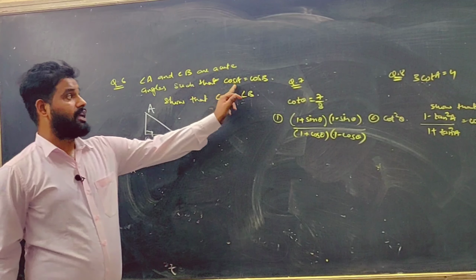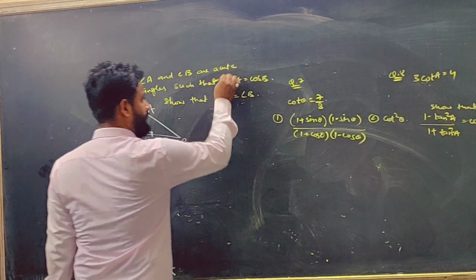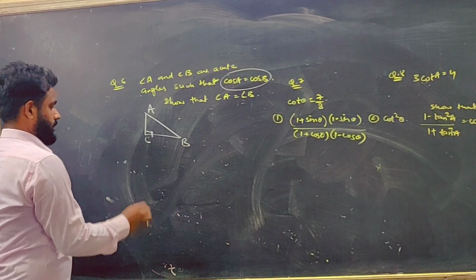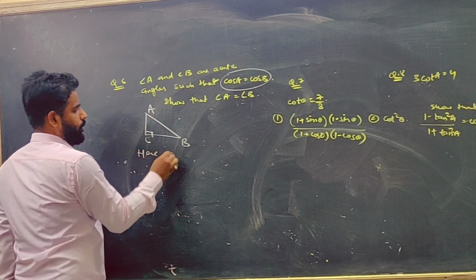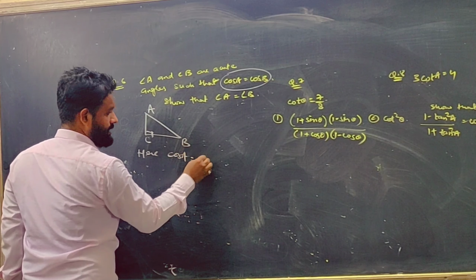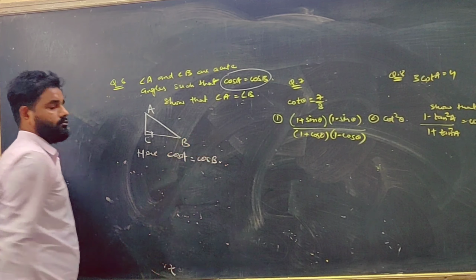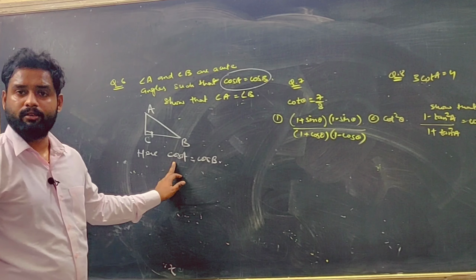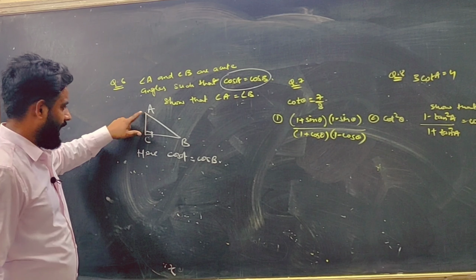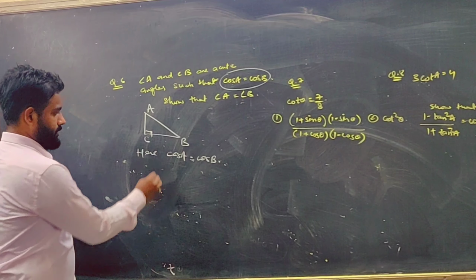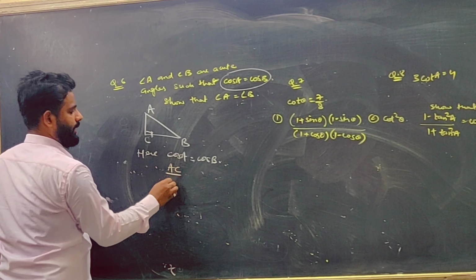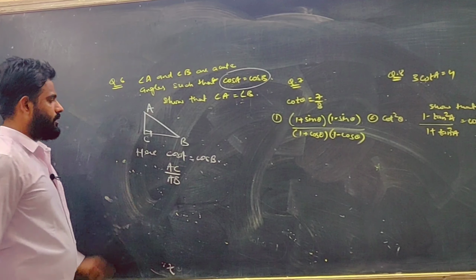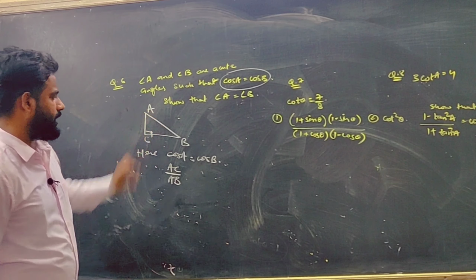Now what is given? Cos A and cos B is given. This is the given data. So use this here. Cos A is equal to cos B, given. Right? Now if I use a right angle triangle, what is the formula of cos A in terms of the right angle triangle? Cos A is adjacent upon hypotenuse. So can I say that it is AC upon AB? As per my figure, cos A is equal to adjacent upon hypotenuse.